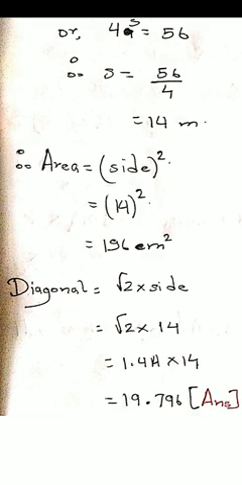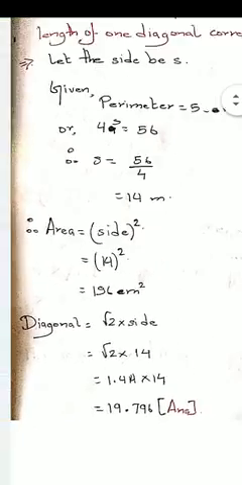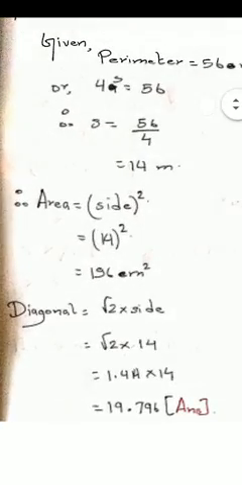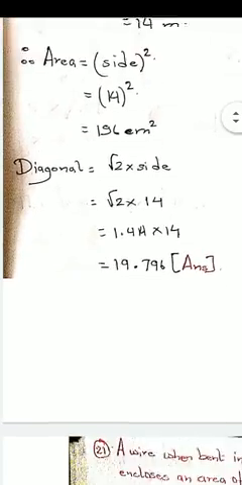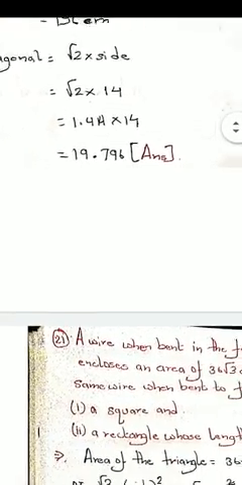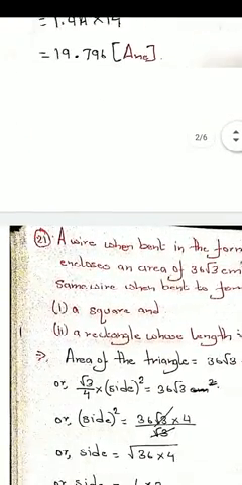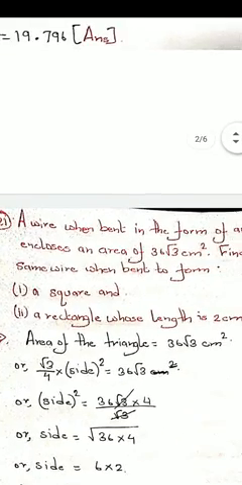So it equals root 2 into 14. Side's value we have found to be 14. And root 2, I have already told you, you have to remember for your exam as well. That is 1.414 into 14, which happens to be 19.796. So what we have found in this problem, we have found area and diagonal. Okay. So let us go to the next problem that I have, which reads,